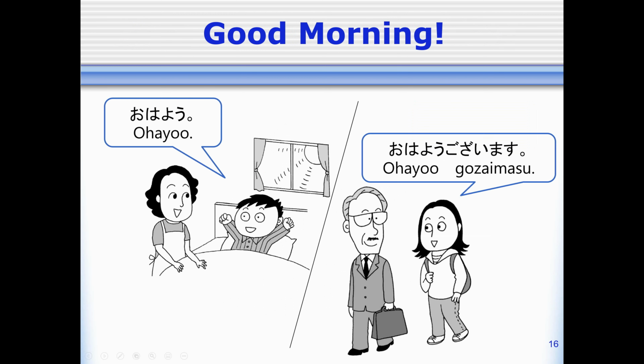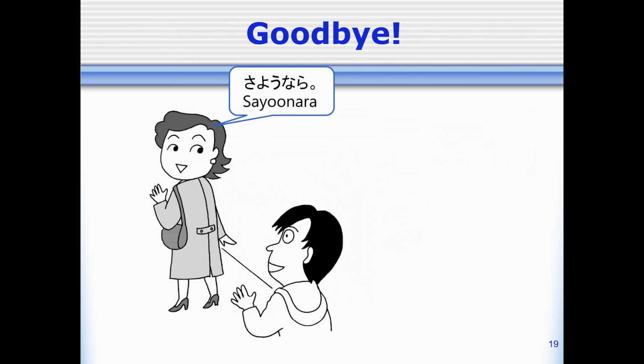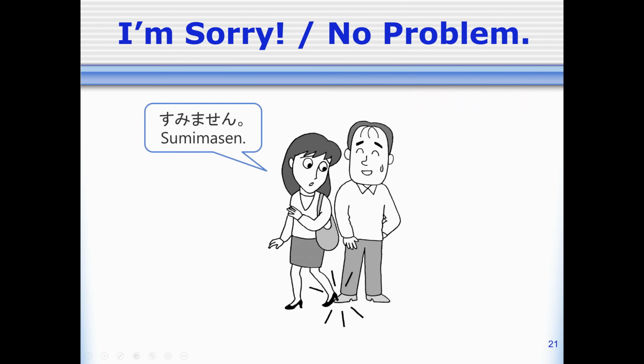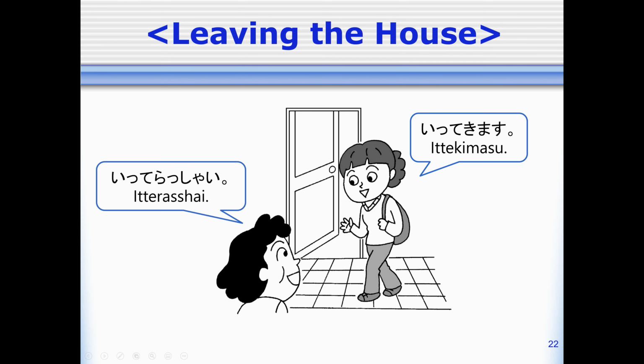おはよう。おはようございます。こんにちは。こんばんは。さようなら。失礼します。じゃあまた。ありがとう。ありがとうございます。すみません。いいえ。These next couple sets of greetings are ones we use inside Japanese households. Maybe some of you who like Japanese animation or dramas have heard them before. The first one is something we use when leaving the house. When you leave the house, you say, 行ってきます。And the other person can respond with 行ってらっしゃい。